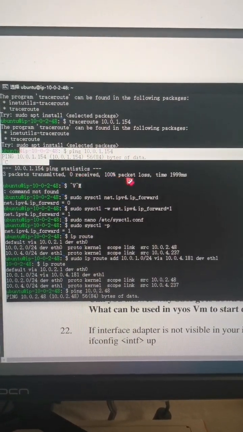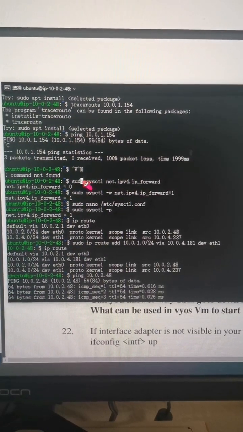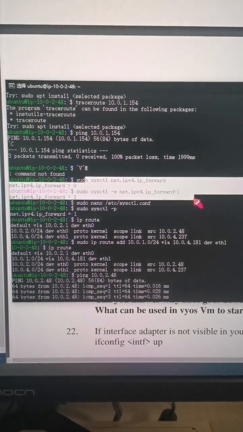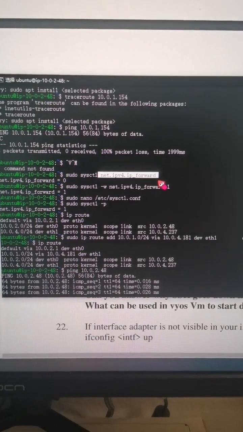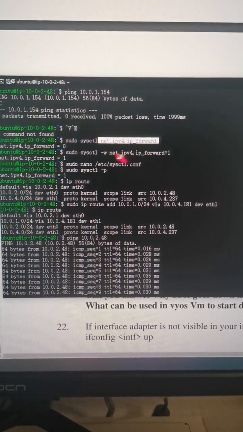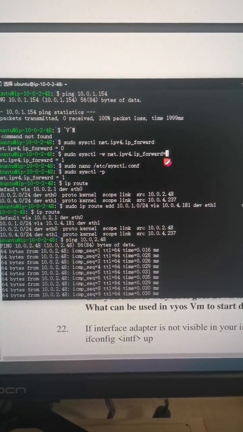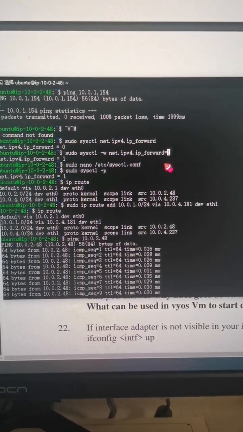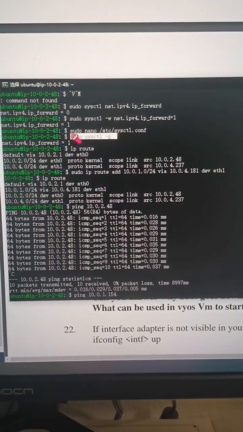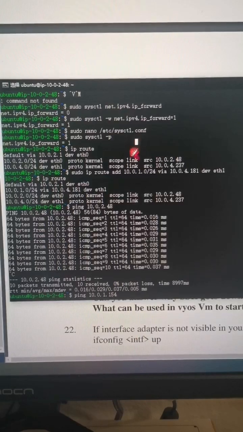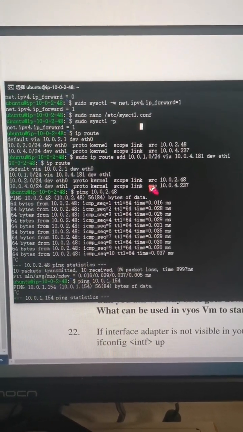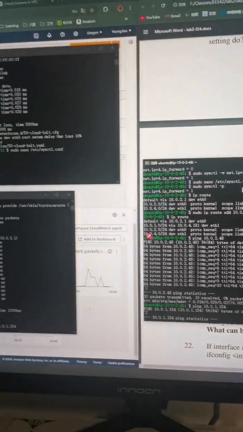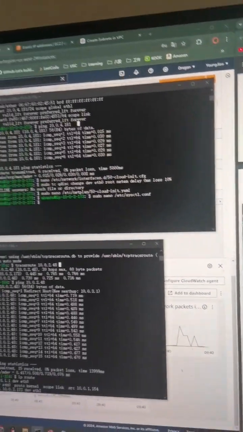So I try to modify net.ipv4.ip_forward and set it to 1 to enable packet forwarding and apply this change. But there's still no connection, and I tried to debug the